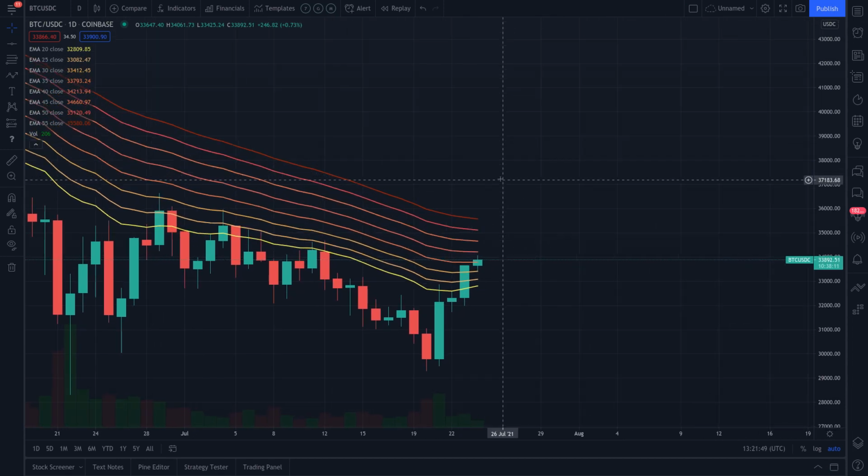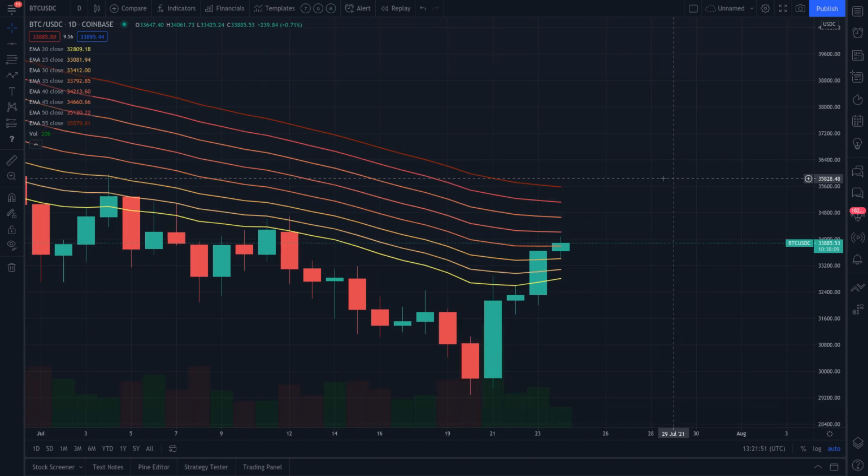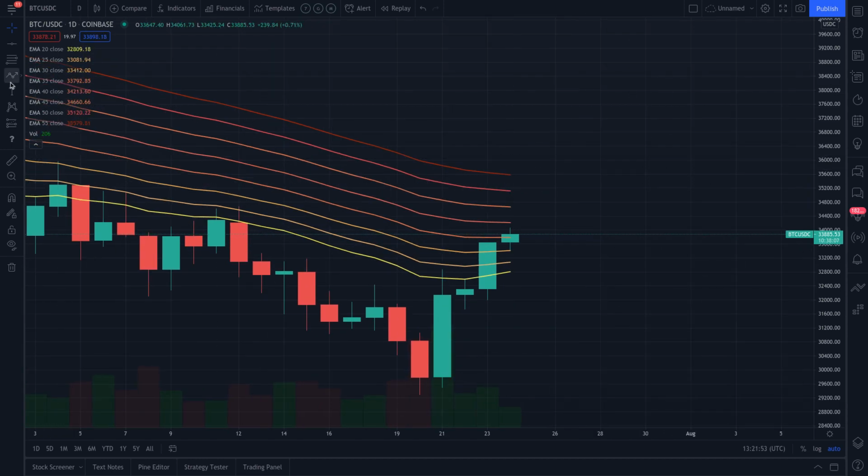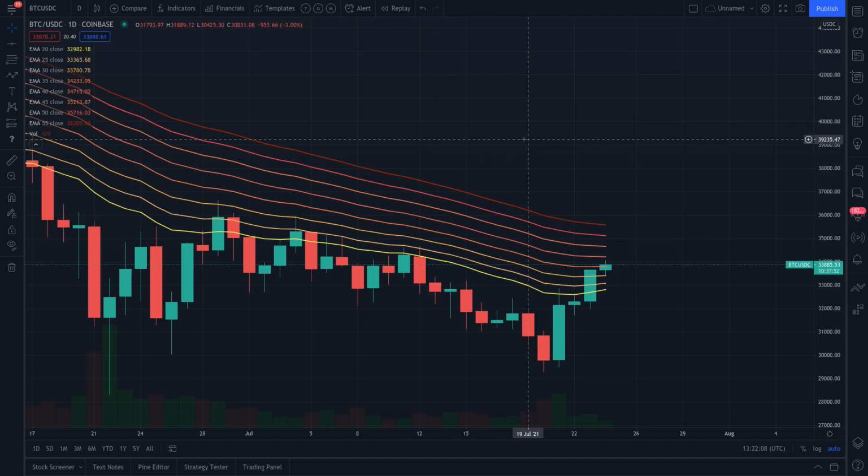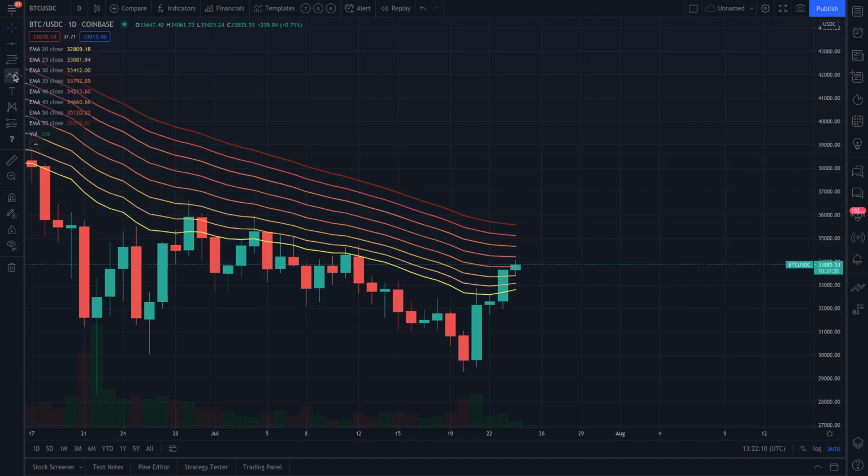So basically, what you're looking for is you want to look for the price action to start taking place within the EMA ribbon and then break through, okay? And the ultimate goal is to actually have this yellow line cross above the top of this red line, but that's kind of going to confuse things. Let's keep this simple. What you want to see is daily candles eventually break above the red line at the top of this EMA ribbon that's currently at about $35,500. Let's call it $35,600 right there.